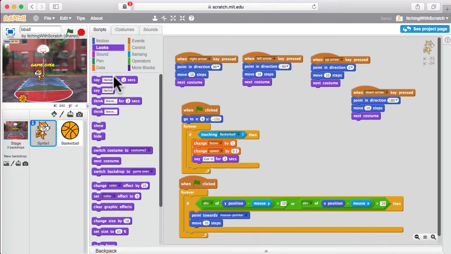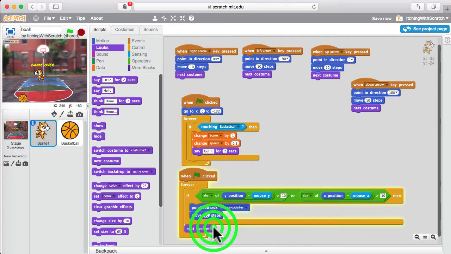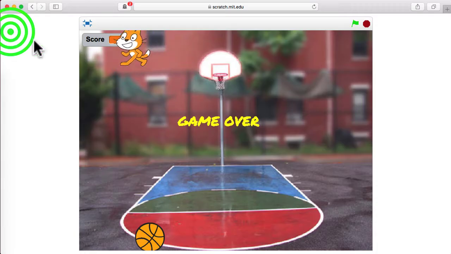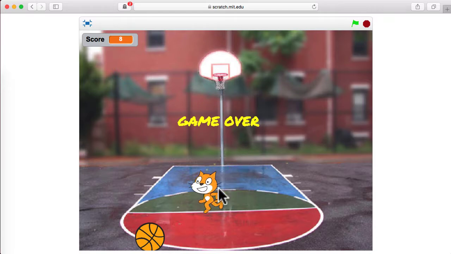So we go into the looks, find the costume command, and after we move, we want to switch costumes as well. That looks better now, right? The cat's running around. And so the keys can move as well, but then you'll see that he always wants to go back to where the mouse is. So even though we have all those key commands